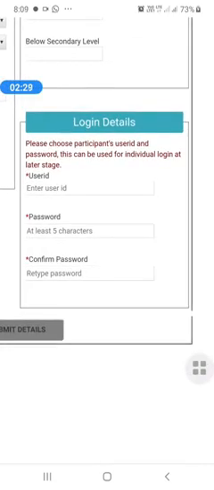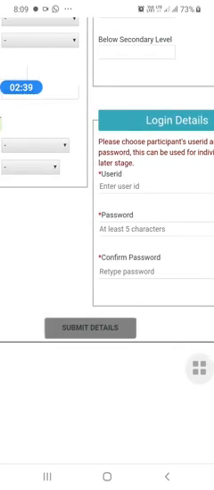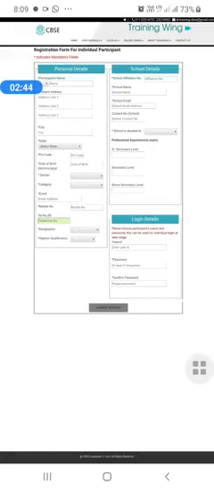This is the permanent ID; whenever you attend a program, you can log in through this. You give submit, and then they'll give a confirmation mail with your user ID and password.